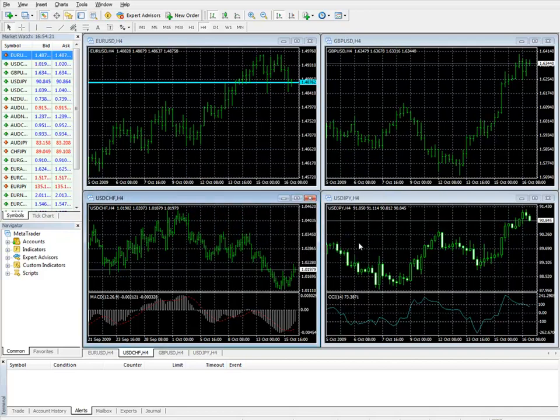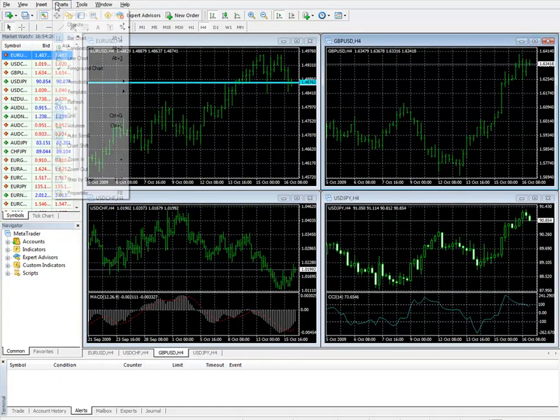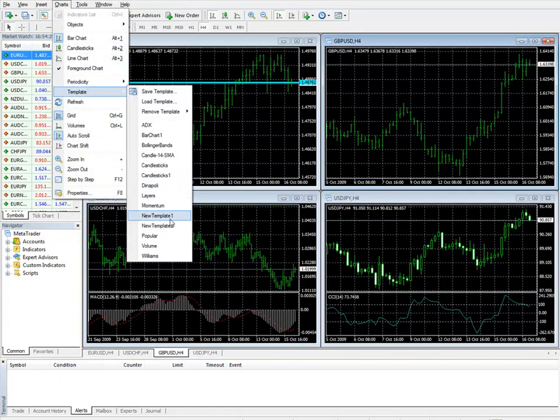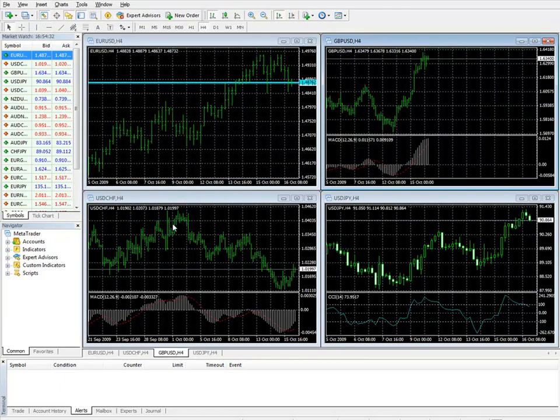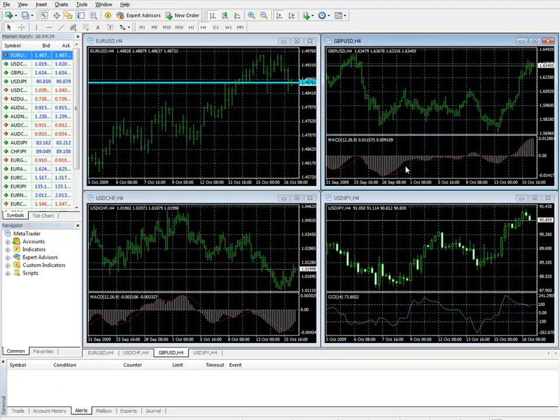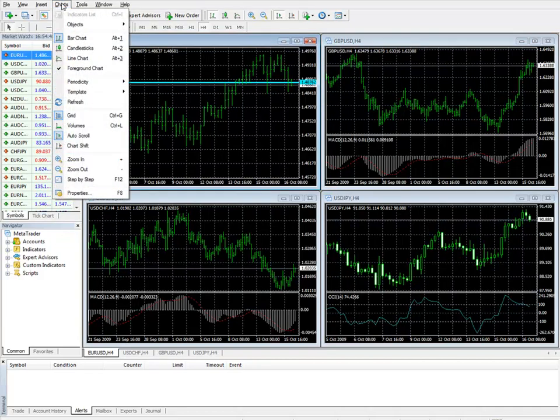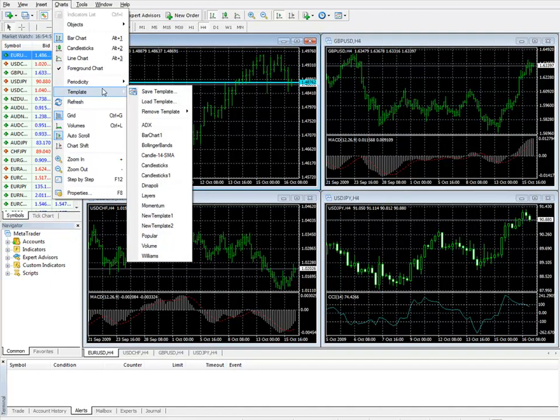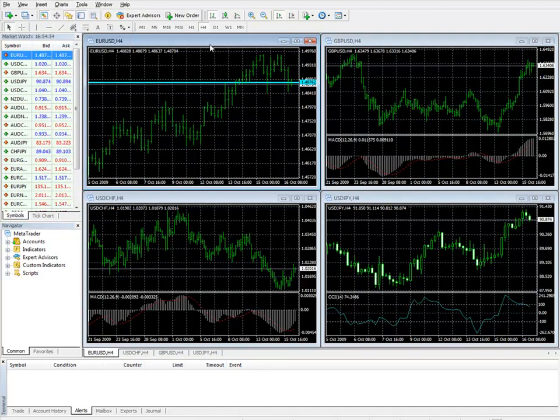That's no problem at all. So new template 2. Okay, so let's go up here to the pound and let's apply new template 2. There we have it. Same indicator, same setup, everything will apply to a completely different chart. You can see the power in this. What we're going to do is pop back here, and we're going to move on from templates. But here's one thing we'll do: we'll set some templates up for some further studies,